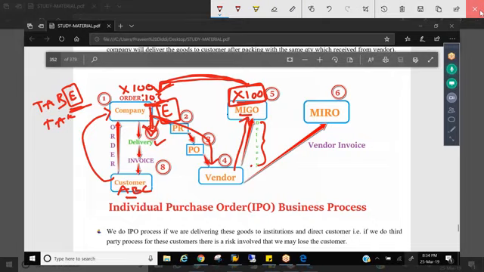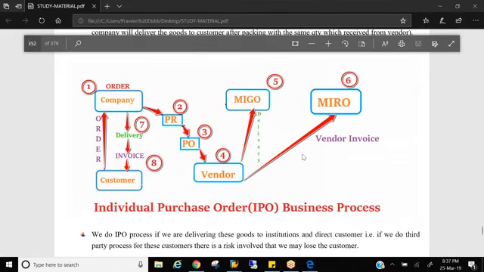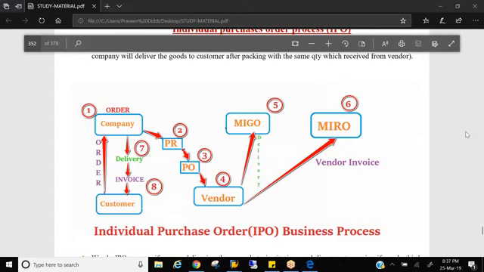Okay, what is MIGO, Praveen? That we'll discuss when it comes here. MIGO is nothing but capturing the goods when they come to the plant. So you ordered some material from a vendor and the vendor has delivered the goods to you. When you're taking the goods, you need to write it in some books, saying that this much quantity I received against this purchase order. That is called MIGO, goods received. MIGO is a T code for goods received.